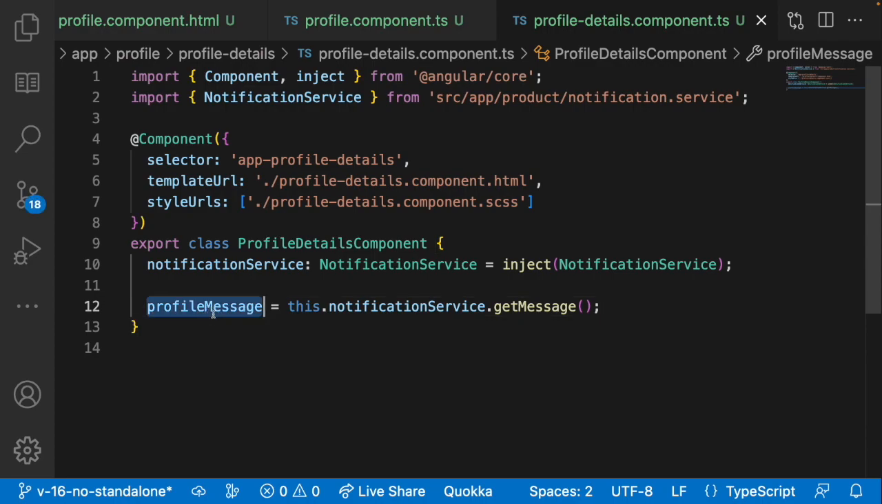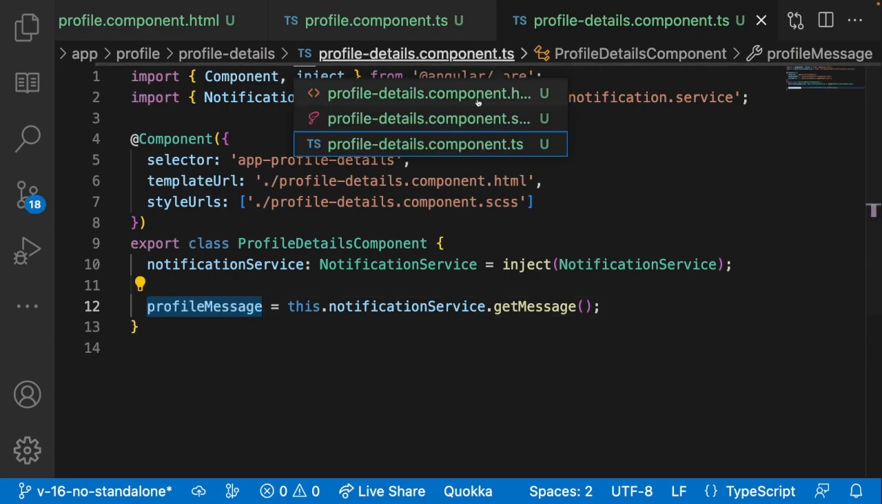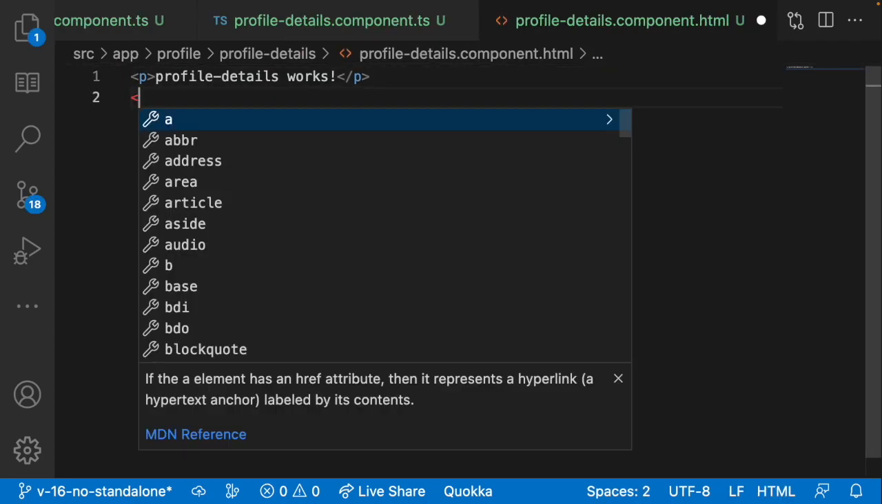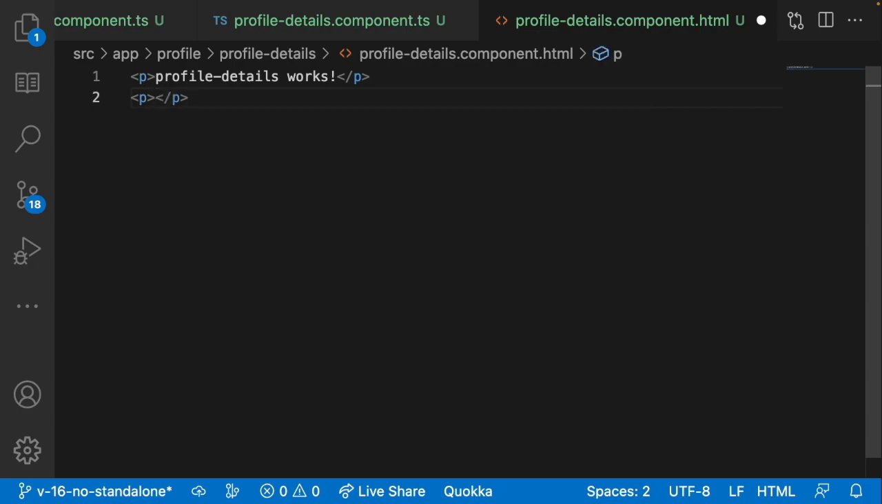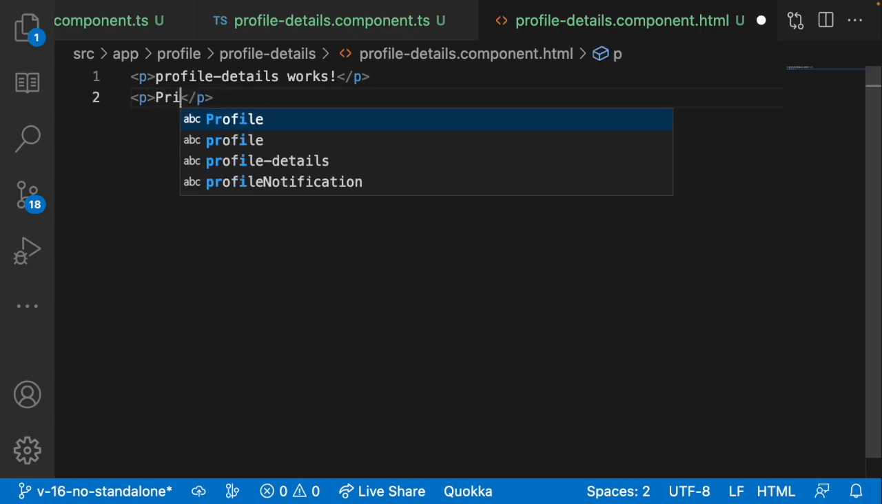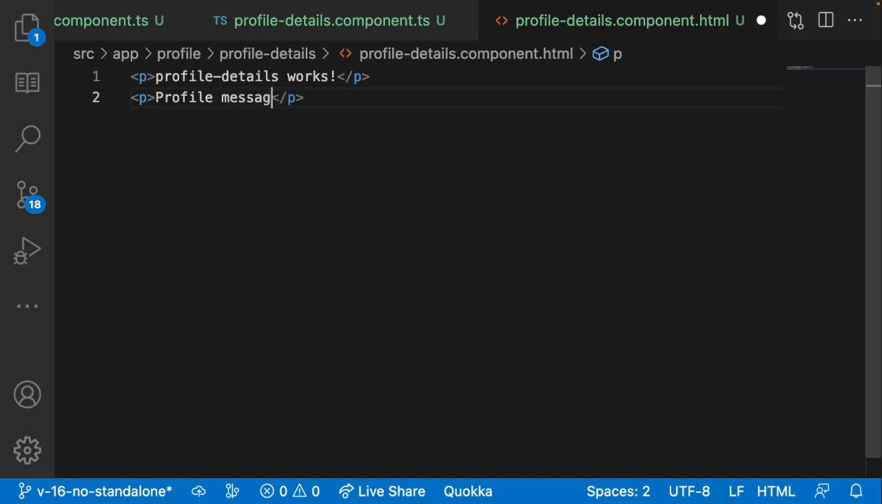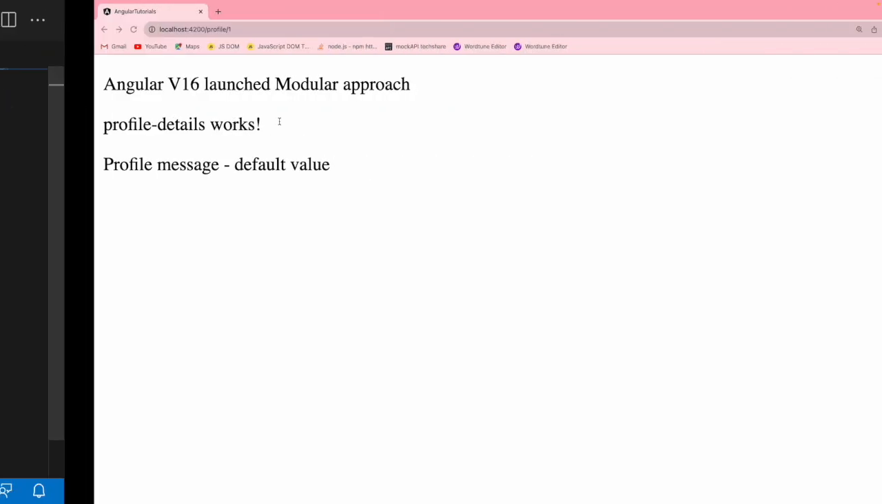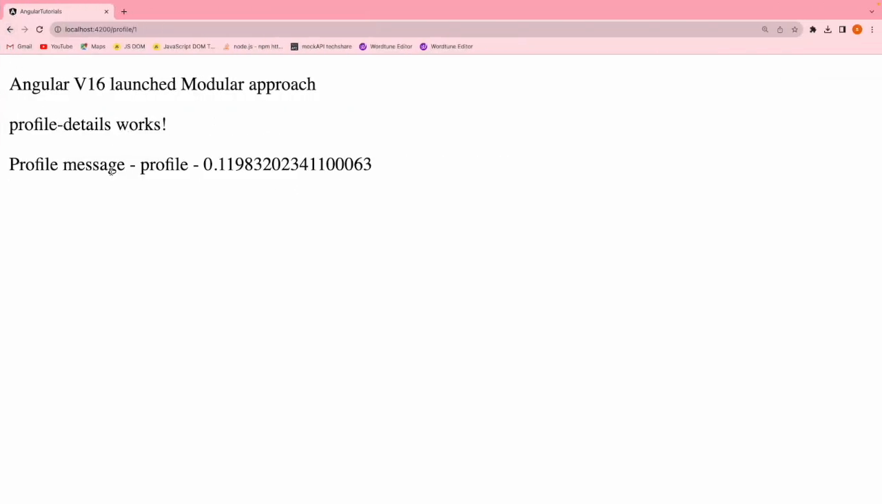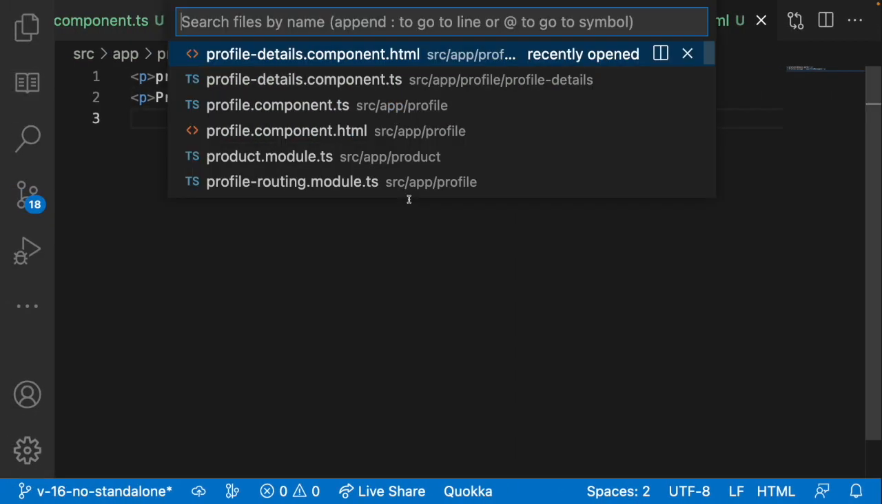Let me copy this and use an interpolation. So let me use a paragraph and I am using something like profile message hyphen, I'll just use interpolation, save this. Now let me go back, click on this, you are able to see a profile with some set of value. So let me go back, whenever you go into the product, you are able to see some value. So for product also, let me change like this,